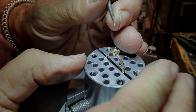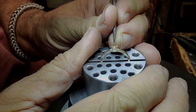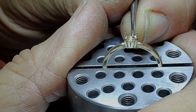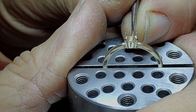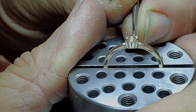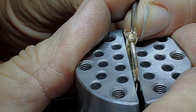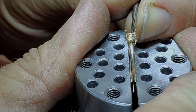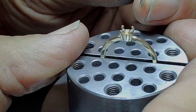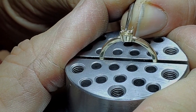The first thing we're going to do is check over the mounting, see if there's any imperfections that need to be taken care of. In this case, there's some rough edges right on the top rail of the head. So what I'm going to do is burnish those out and make them a little bit shiny, so I've got less imperfection, and that's going to help the stone sparkle just a little bit more